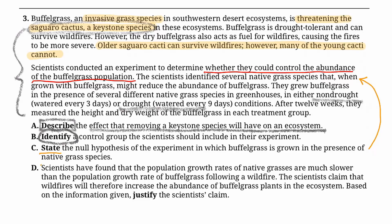Last question of the buffalo grass blurb here. So 3D: scientists have found that the population growth rates of native species are much slower than the population growth of buffalo grass following a wildfire. Now, if you remember back in the reading, they said that buffalo grass is drought tolerant, which is a condition before a fire. So when you have a very dry area, buffalo grass is still growing and can survive wildfires. So both of those conditions suggest that it's going to live longer during dry seasons and get past a potential fire. Also, it says that dry buffalo grass acts as a fuel for wildfire, causing the fires to be more severe. So buffalo grass can survive in drought conditions and also provides the conditions for wildfires to occur and to make them even more severe and hurt more